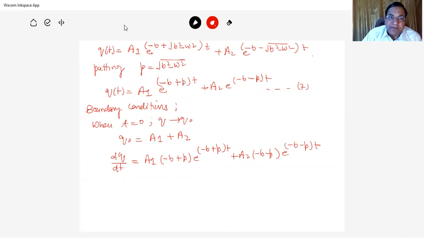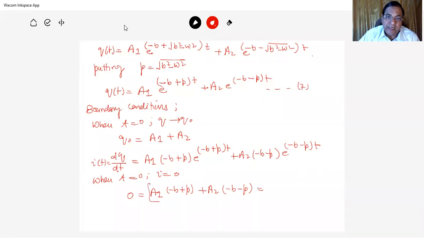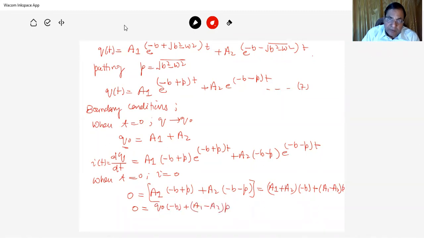इस इक्वेशन में, डिफरेंशियल इक्वेशन ऑफ करंट I, IT से, when t is equal to 0, current is equal to 0, so 0 is equal to a1 into minus b plus p plus a2 into minus b minus p। इसको हम लिख सकते हैं, होल ब्रैकेट को 2 भागों में ब्रेक कर दें तो ये हो जाएगा a1 plus a2 into minus b plus a1 minus a2 into p, है ना, ये p के साथ कोफिशिएंट। तो a1 plus a2 is q0, तो ये हो जाएगा 0 is equal to q0 into minus b plus a1 minus a2 into p।